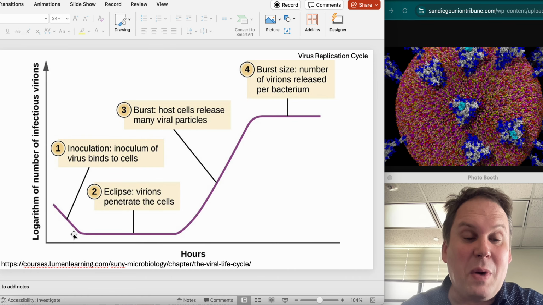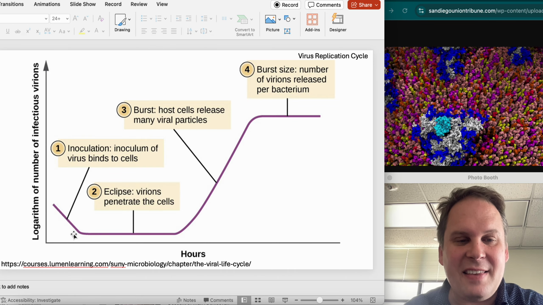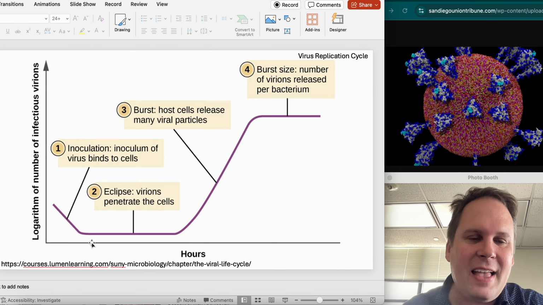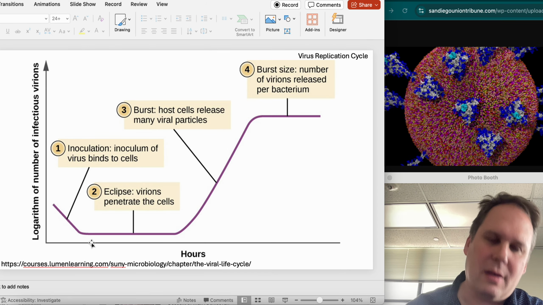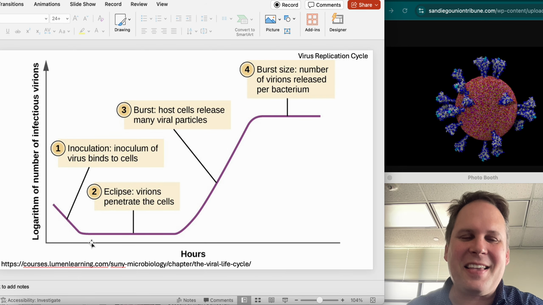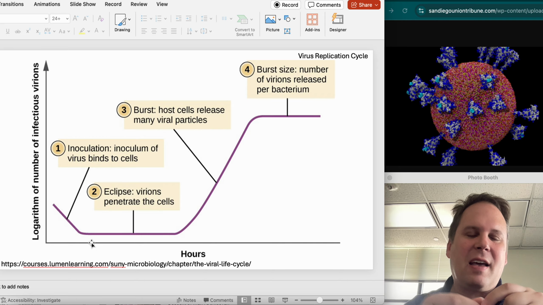Then the virus is going to go quiet because stuff takes time. Yeah, let the virus cook, all right? The virus is going to go into the cell, and then it's got to unpack. Just like you on a vacation. It's got to decompress for a minute. It's got to start making proteins to copy itself.